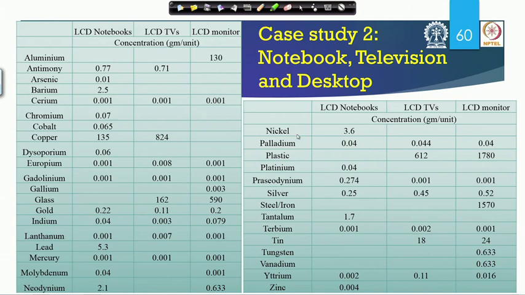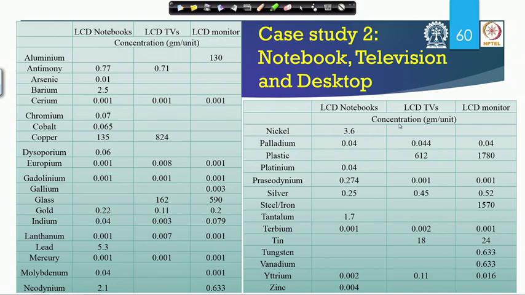So it does present a good chance of having a very good study in industry in terms of electronics, in terms of e-waste to recycling industry in the country. So this is another case study too we looked at, that was for mobile phone. Now if you look at the LCD notebook, LCD TVs and LCD monitor, if you get all these gram per